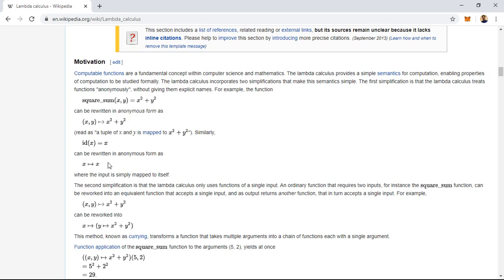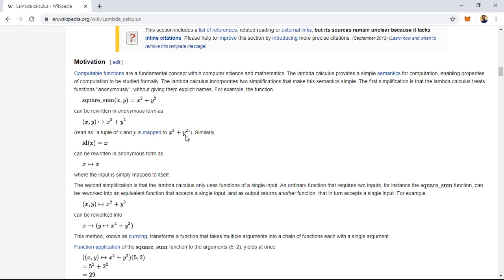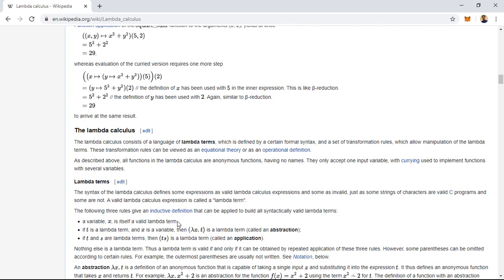Similarly, read as the tuple of x and y is mapped to x square plus y square. So this is the way this function is converted into the anonymous form, because lambda functions are nameless functions.